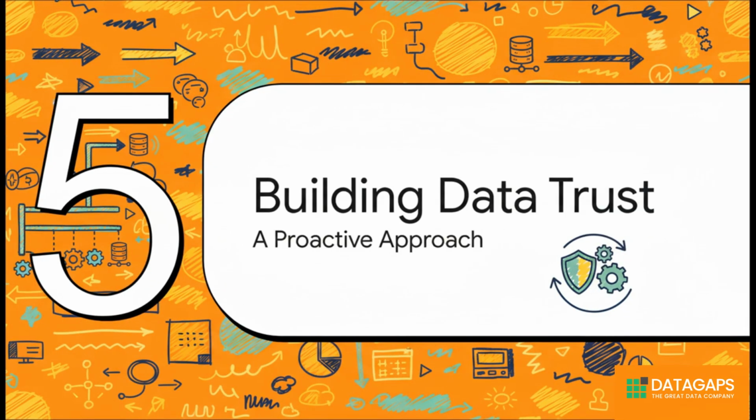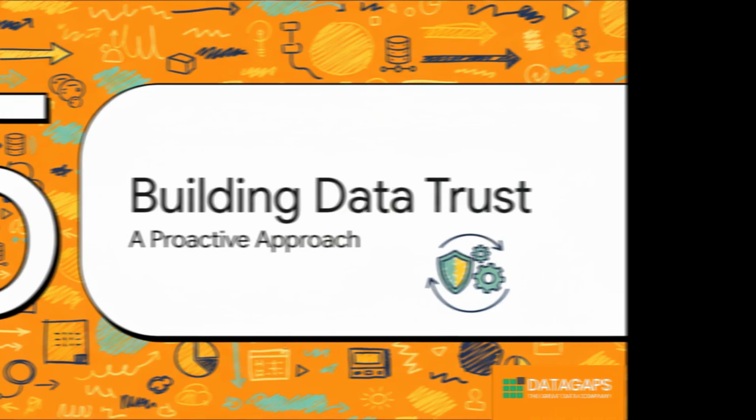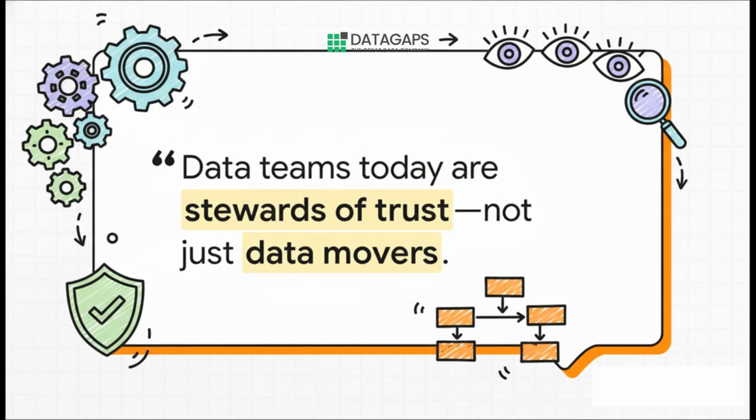And this partnership, this idea of early warnings and final checks, it really forces a big shift in how we think about our data. It's just not good enough anymore to be great at fixing bad data after it's already happened. This quote really says it all. It fundamentally changes the job description for a modern data team. You're not just a data mover anymore. You are a steward of trust. And you don't build trust by being good at cleaning up messes. You build it with proactive, always-on monitoring.